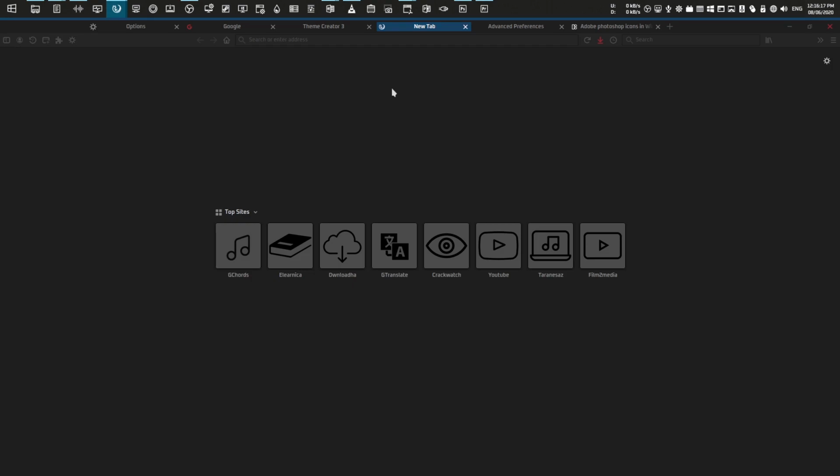Okay, I really wanted this theme to be kind of like a download and install, but like I said, due to the way that this theme creator plugin works, that wasn't possible. So I decided to make a tutorial. Okay, so the first thing that we want to do to apply this theme, if you have upgraded to Firefox